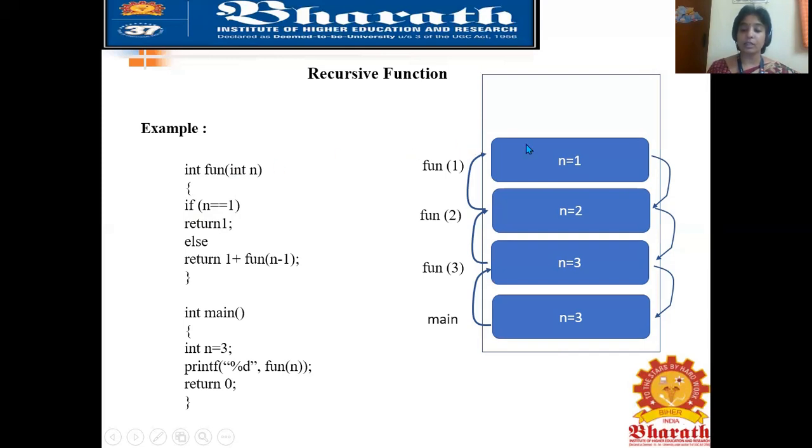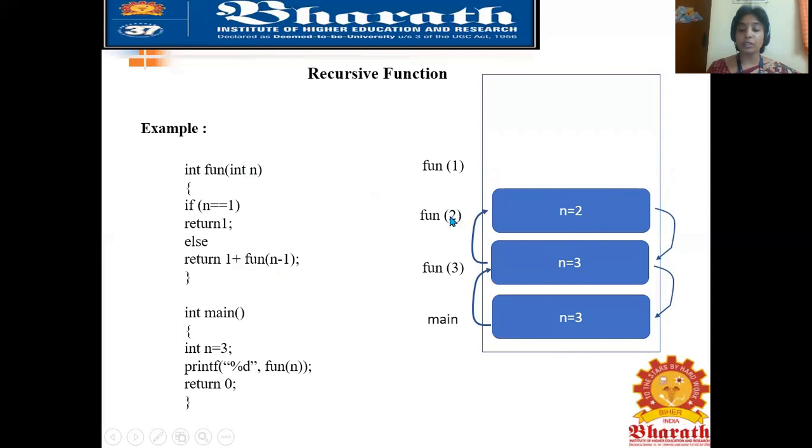This activation record will be closed, or popped out. It will come out of that activation record and go to the next one. When it returns, it will return the value of 1 here. So in this statement, the return of 1 plus 1 will return 2. So for this function call, it will be returning the value of 2.